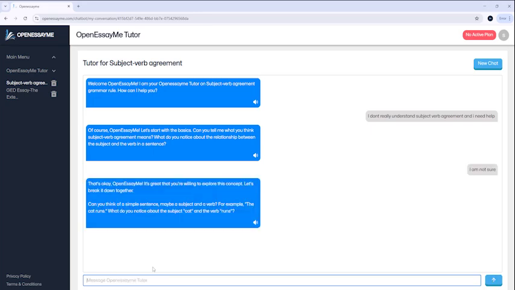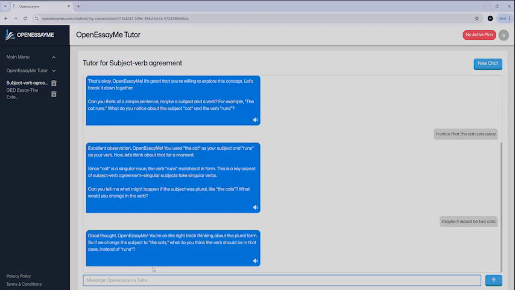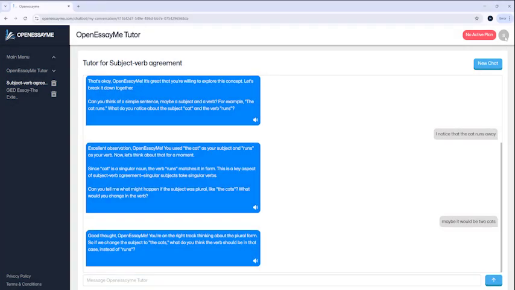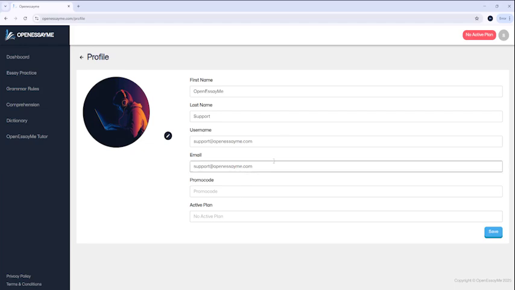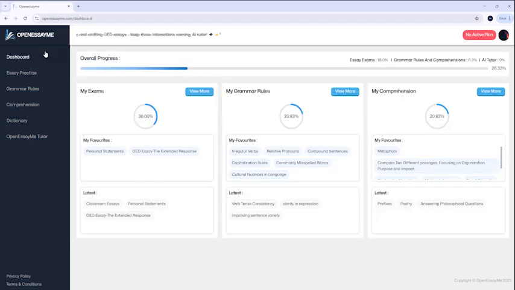To enhance your experience further, we recommend customizing your profile. You can upload a profile photo, update your name, manage your password, or enter a promo code if you missed doing so earlier. Take advantage of all the resources and tools available: your guide, your tutor, unlimited practice, interactive feedback,